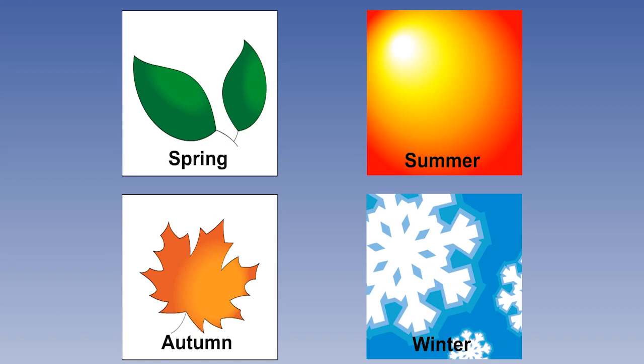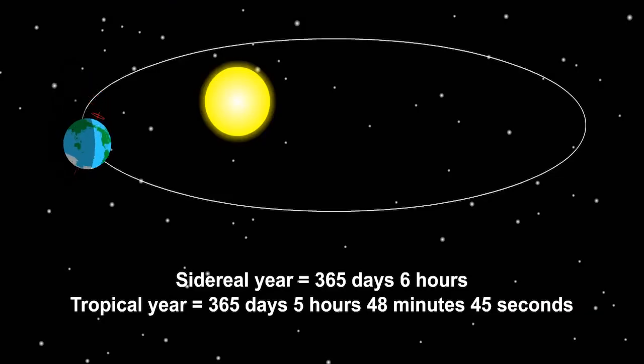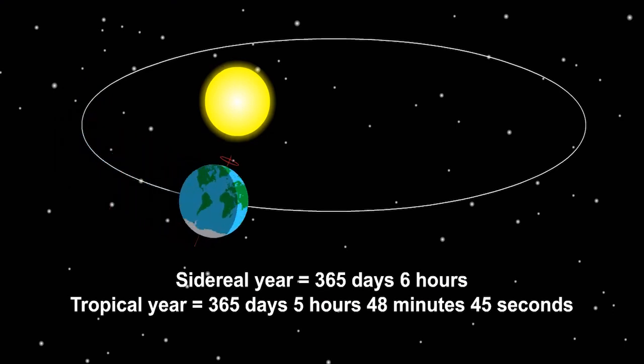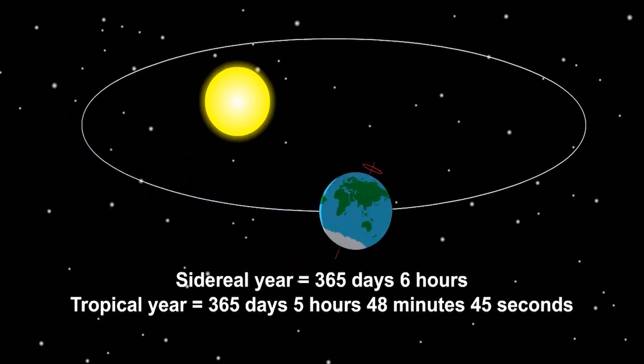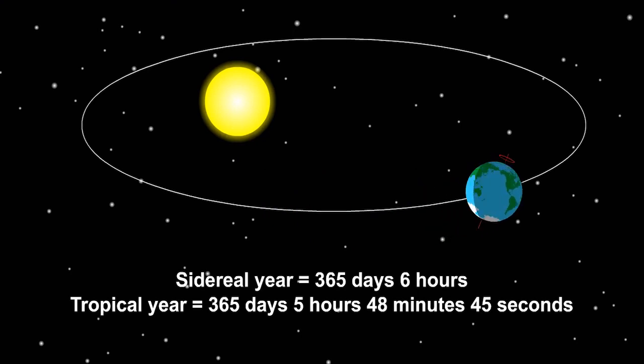However, the inclination of the Earth's axis changes by a very small amount year by year. To take account of this, and to have a year's length in phase with the recurrence of the seasons over the years, we need a very small adjustment. A tropical year keeps the seasons in phase. Its length is 365 days, 5 hours, 48 minutes and 45 seconds.